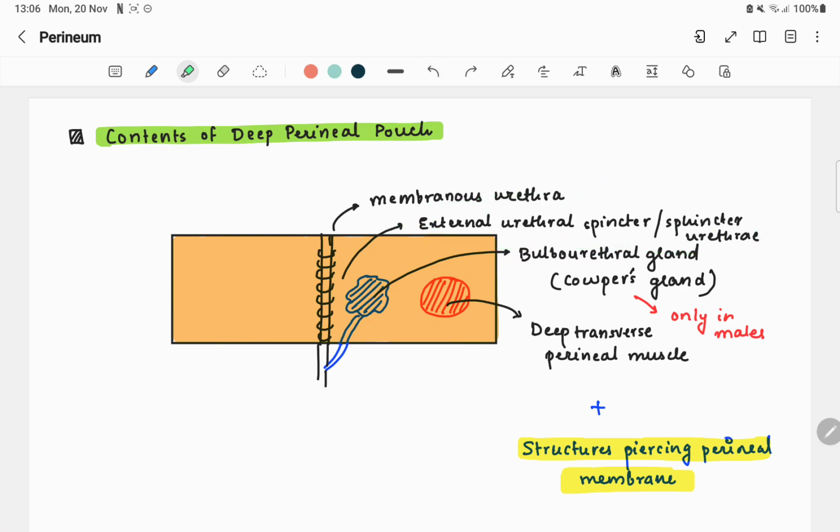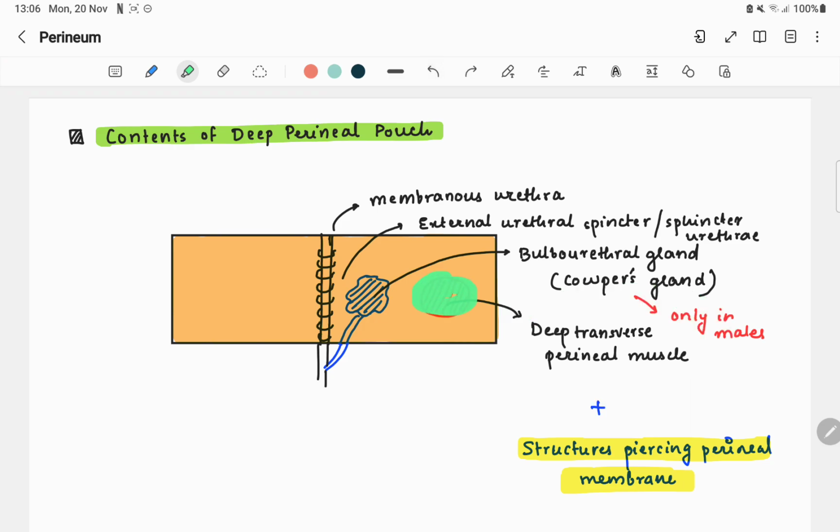Then we have the bulbourethral gland, which connects to the membranous urethra and is called the Cowper's gland, present only in males. The analog of Cowper's gland is Bartholin's gland, present in the female. So the bulbourethral gland, or Cowper's gland, connects to the membranous urethra, and then your deep